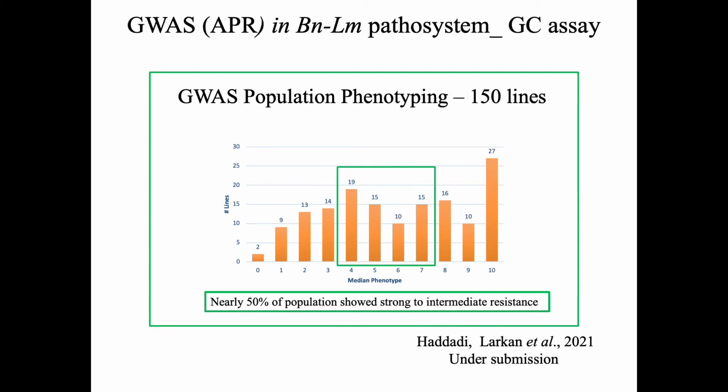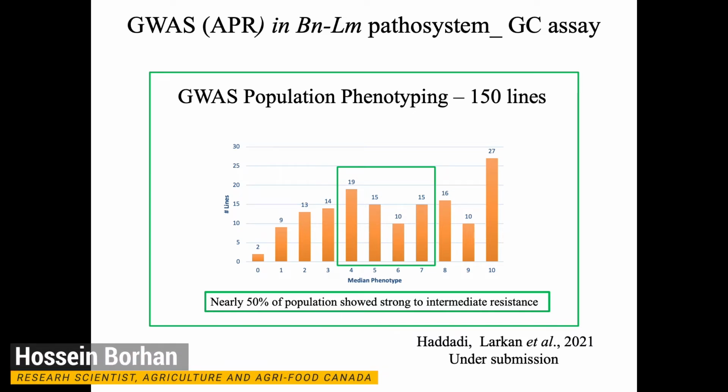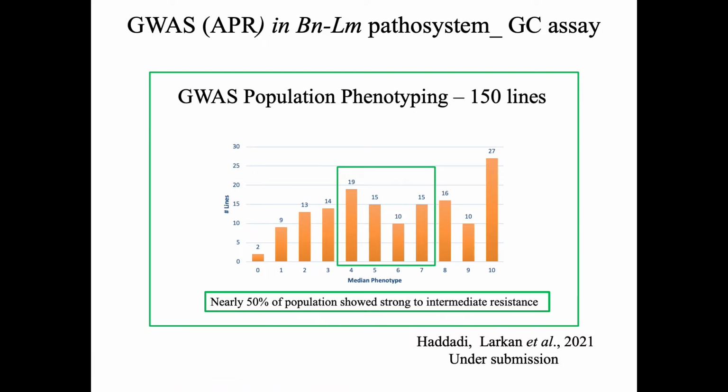We used the isolate 3R11 to screen 150 lines from the germplasm that exists in PGRC, with acknowledgement to Saskatoon. The 150 accessions that we used show a variation in response. We scored the lesion development on a 0 to 10 scale, where 0 is no lesion and 10 is 100% lesion development and collapse